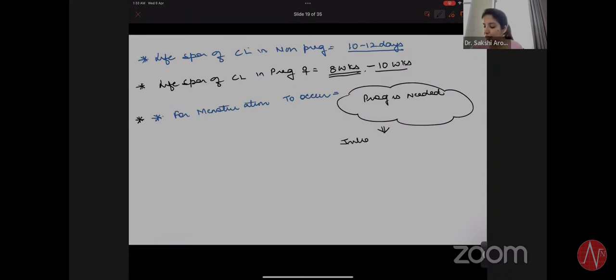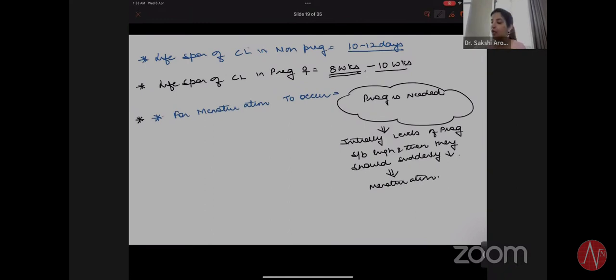Initially, the levels of progesterone should be high, and then they should suddenly decrease. Then menstruation will happen,